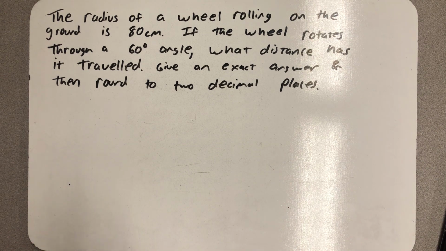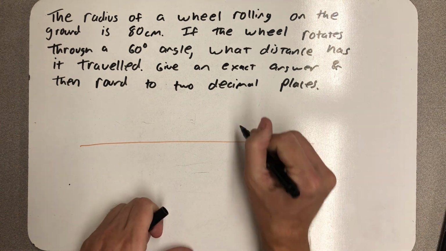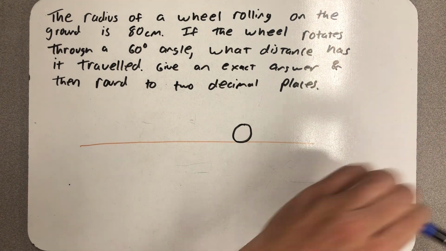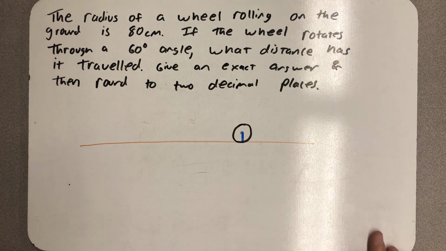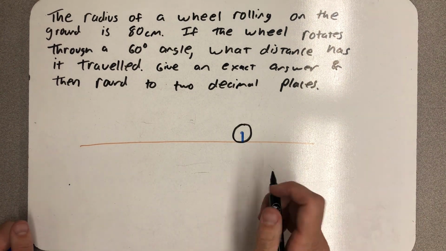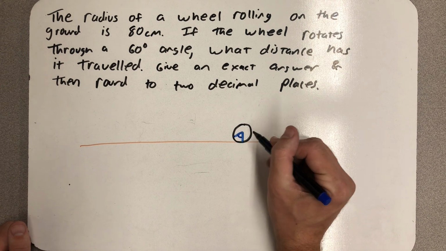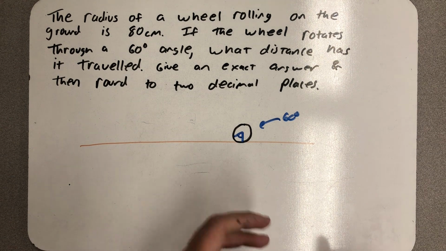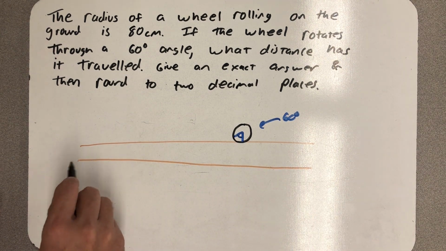All right, so we can imagine this situation where I have a wheel rolling over what I'm going to imagine is level ground. I need to roll it through a 60-degree angle. So I want to imagine a little line segment, a radius of the circle that's perpendicular to the ground. And what I could do is draw a little 60-degree angle. I will know my wheel has gone through that 60-degree rotation